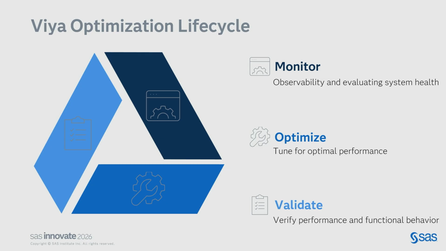monitoring, optimizing and validating, okay? The key thing when you're dealing with a VIA deployment that is running at the scale that they're running, hundreds of concurrent users, thousands of jobs running a day, every day, right? It's a continuous process, okay? You want to monitor so that you're observing the system, right? Tune, where do I need to make some tweaks, okay? Validate that those changes were successful, and then repeat the process, all right?